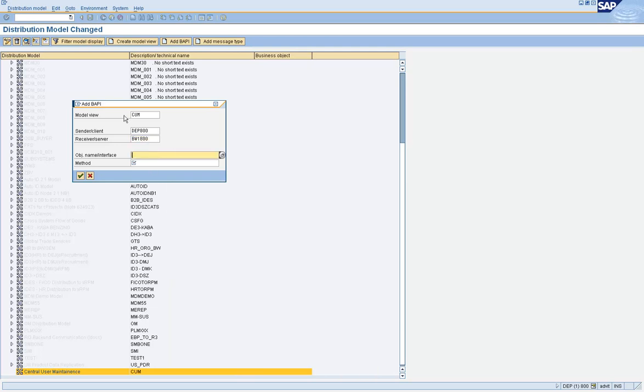Now a BAPI is a kind of program that SAP uses, in this case, to distribute the user related information from the central client to the child client. So you have to use 2 BAPIs, one for distributing the user information.